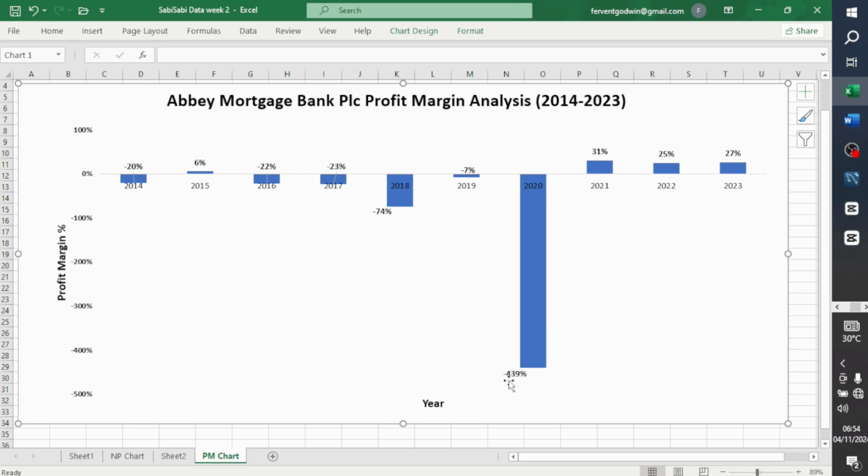But then it's understandable, since it happened in 2020, we can easily hang that on the COVID-19 virus and justify it, oh, we understand it was really terrible on companies for that particular year, and then we move on. And this company is actually proving that it was the pandemic that affected them, because it became obvious here in 2021, where they moved from a loss of 439% to 31% of their revenue. Come on, that's magnificent.